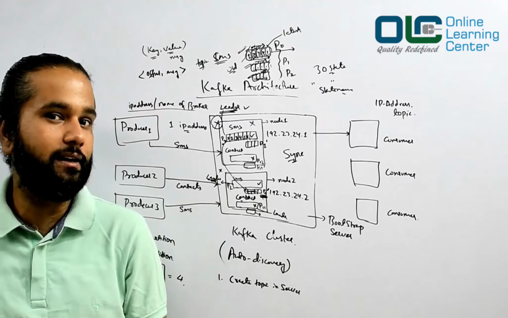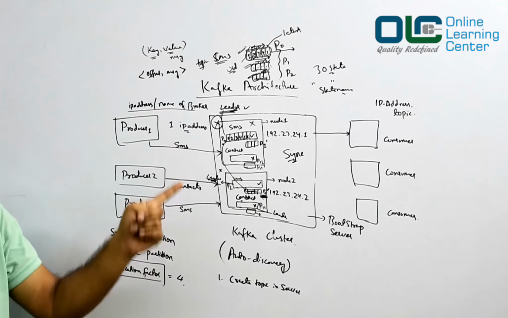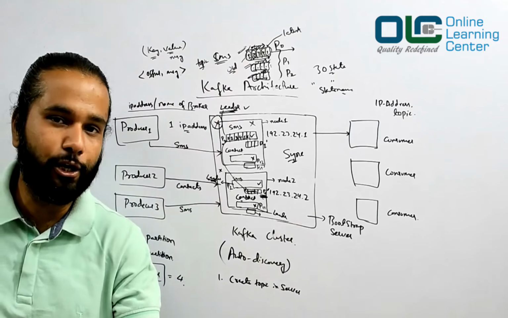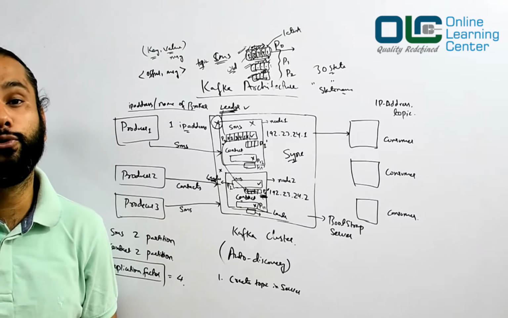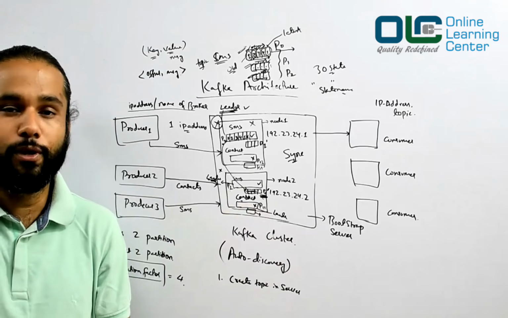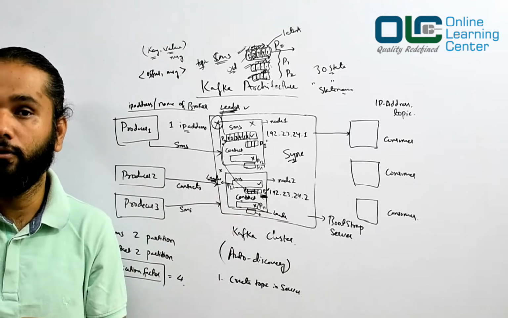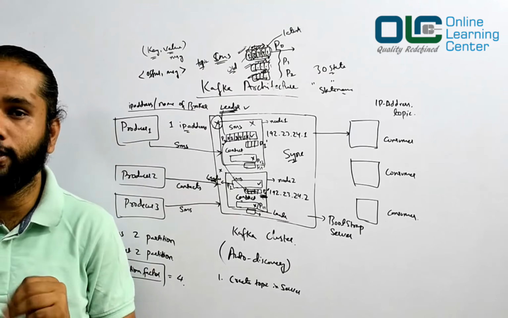We'll do that practically and see how it happens. Don't worry about this. So that's how your data would be written. You can have control over your partitions. You can say, I want all my Odisha data to be together because I want them stored together so that the consumer can consume them smoothly without having to go to the other partitions and so on.